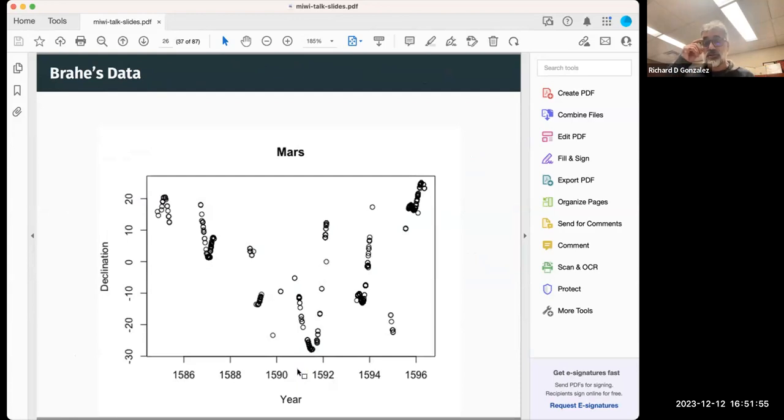What he had access to in terms of empirical data is that Tycho Brahe in Copenhagen was very careful about collecting very specific data of the visible planets and where they were in the night sky. And these are the data that Kepler used to show the elliptical orbit of Mars. Very messy data with gaps, like there were periods where data were just not available. So this is from the year 1586 all the way to 1596. And how Kepler figured out the elliptical orbit there, I have no idea, right? But he figured it out